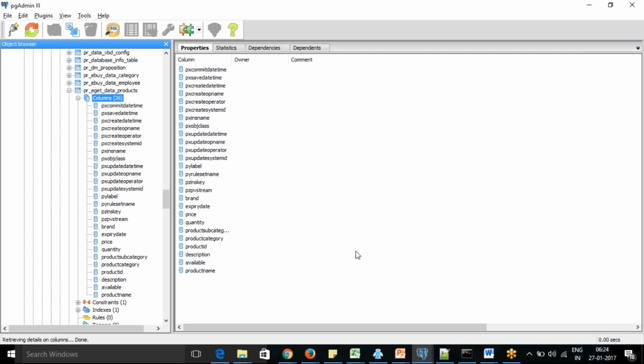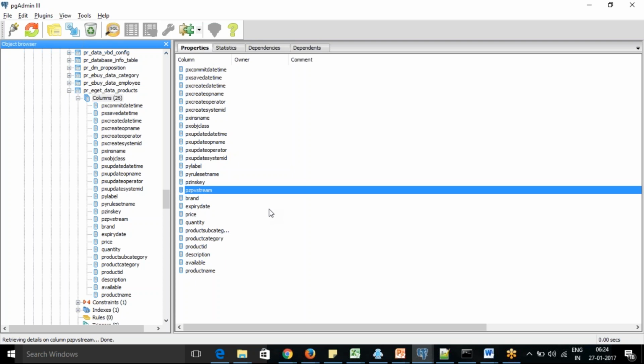So when you create the property, it actually doesn't create the column automatically. If it is not there, it will store it in a blob, which we call pzPVStream. Okay, if any column is not there outside, normally Pega uses this blob, which contains the complete row once again. This is a blob column which contains the complete row in a single column. So the complete data is compressed and stored in this column.